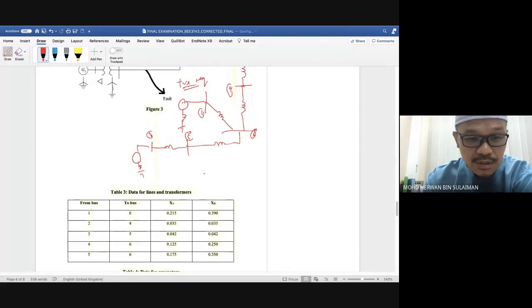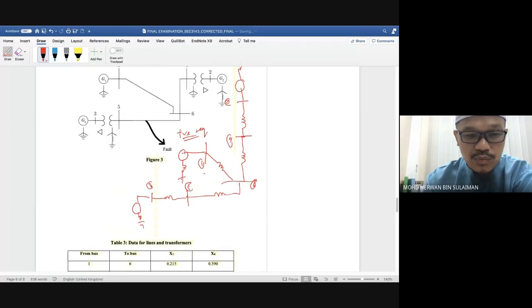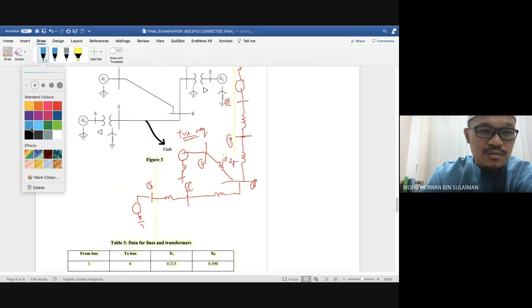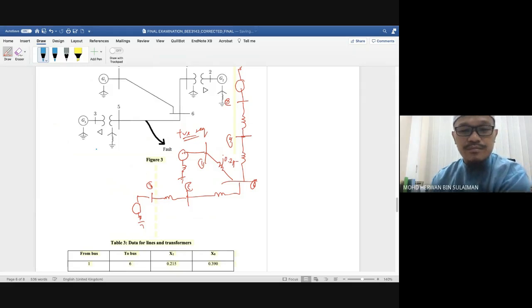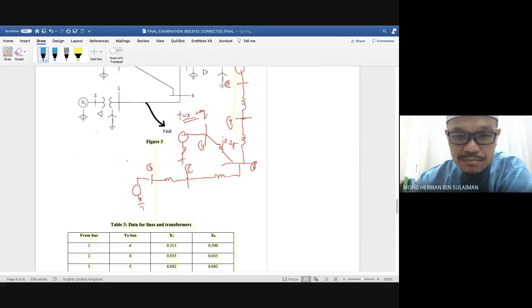Okay, so 1 to 6, j0.215, 1 ke 6, j0.215. So don't make mistakes. Biasa student tend to make mistakes when they transfer the information into the sketch. Tu bar 1 ke 6, 2 ke 4, 2 4 mana 4? 2 4 yang ni. 0.035